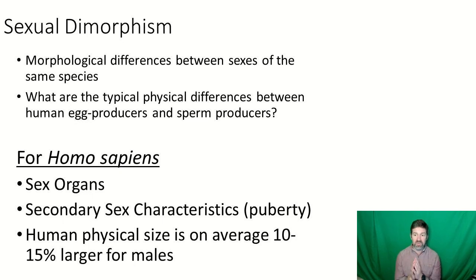And then among humans, we see that physical size, males tend to be about 10 to 15% larger than females. And that's, again, on average. And we're going to discuss that a little bit more towards the end here. Okay? So we do see some degree of sexual dimorphism in humans, and we tend to latch onto that as we say, ooh, male, oh, female, right?